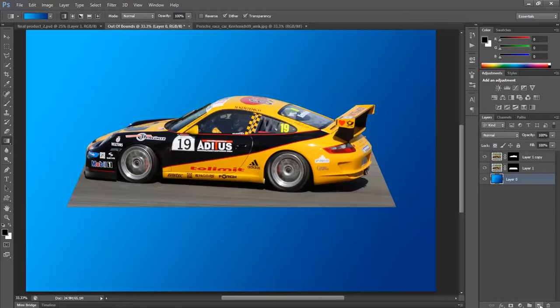I'm going to create a new layer above that, and I'm going to hold Control and select this layer mask right here. You'll notice that it selects that perspective that we've already discussed before, and I'm going to go to Edit,